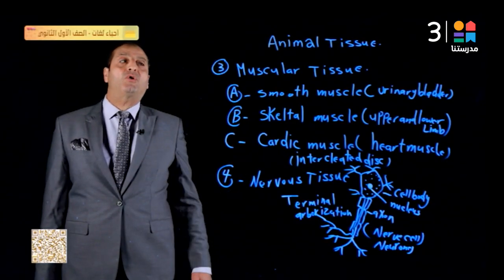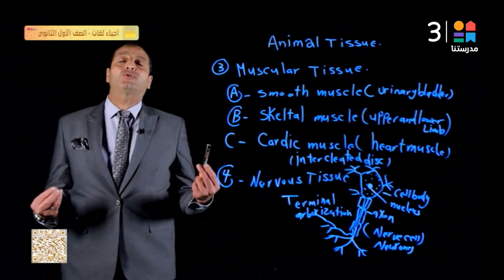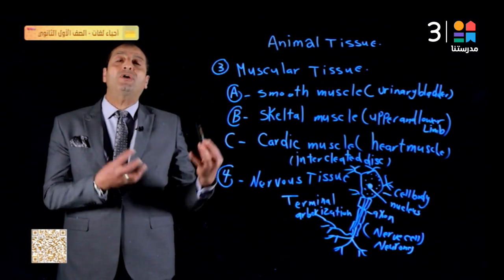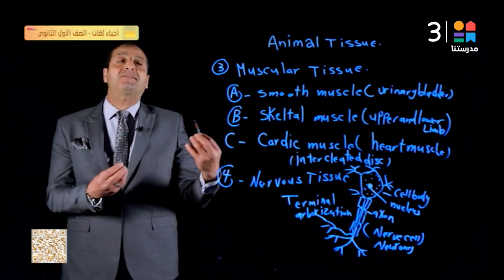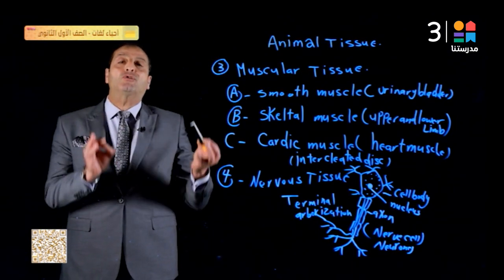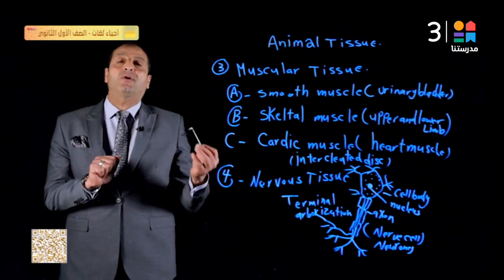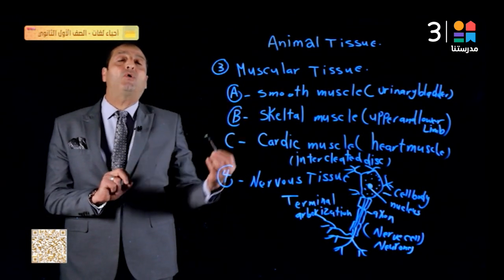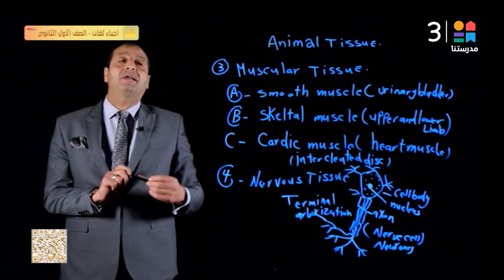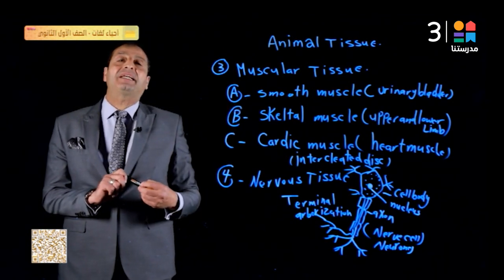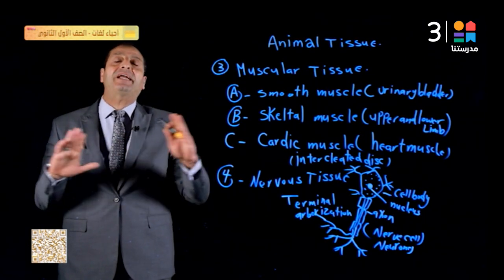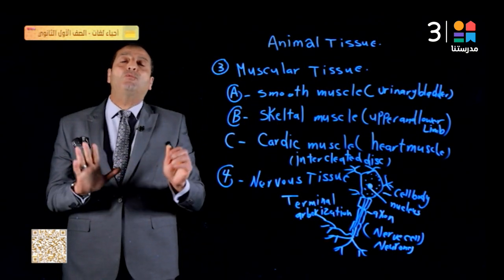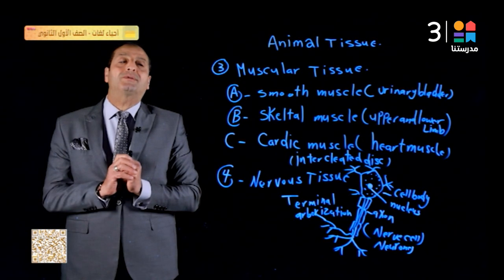Another type of animal tissue is called muscular tissue. Muscular tissue is characterized by the ability to contract and relax. It consists of a building unit called the muscle fibers. We can divide the muscular tissue according to the type of muscles. Number one, A, smooth muscles, meaning unstriated muscles, involuntary, cannot move with control, found in